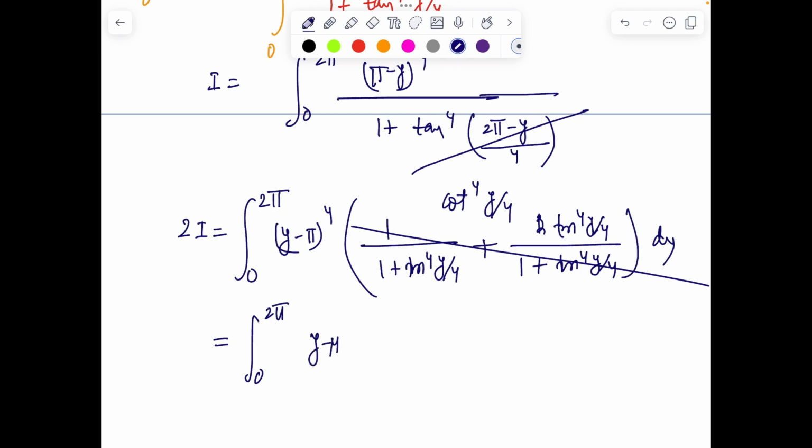So the question just boils down to 0 to 2 pi y minus pi to the power 4 dy, which is very easy to evaluate because this is y minus pi to the power 5 by 5 evaluated from 0 to 2 pi, and by putting the value we get this expression to be